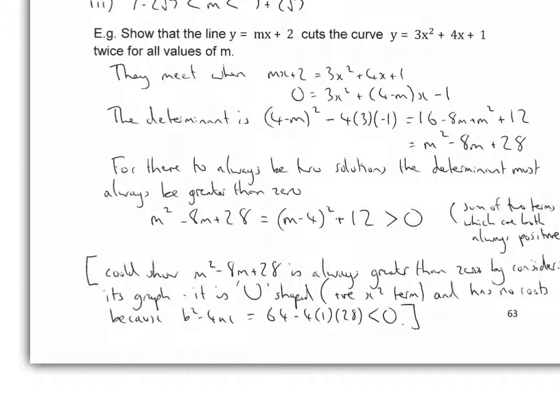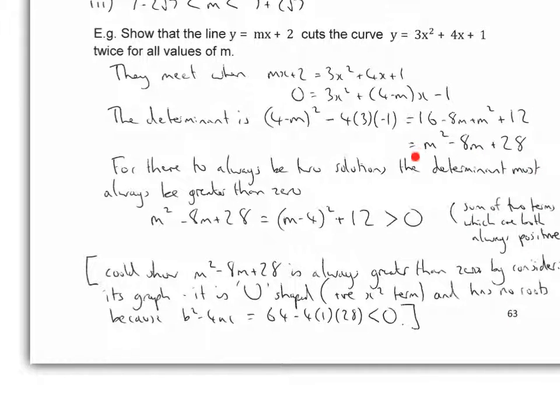That thinking's a bit similar to when you did maximums and minimums after you'd completed the square earlier on. So if I go about trying to solve this, trying to find out when they meet, I get an equation which, because of the determinant, is guaranteed to always get two answers. Okay? The alternative way of doing this last bit, if it wouldn't have occurred to you to complete the square, is